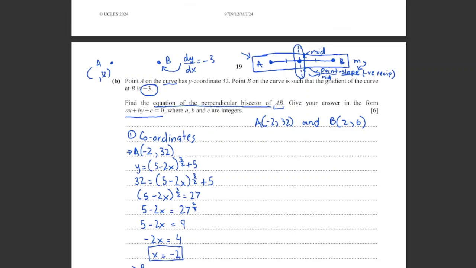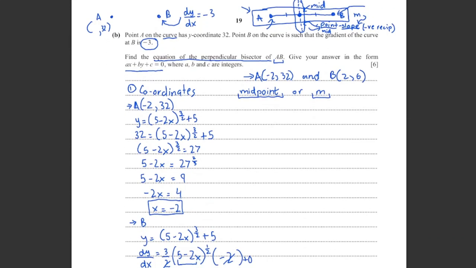So now we found our coordinates of A and B. What we can do right now is find the gradient of the line AB, or we can find their midpoint first. So we can go ahead and find the midpoint, or we can find the gradient m. So it's up to us. We can find this or this. I'm just going to go ahead and find the midpoint first, and then I'll find the gradient. So the midpoint is just going to be